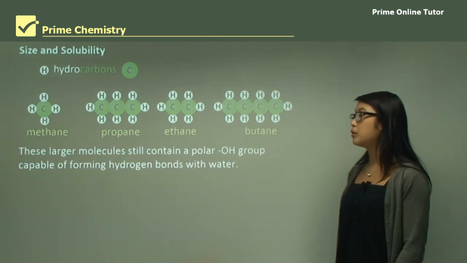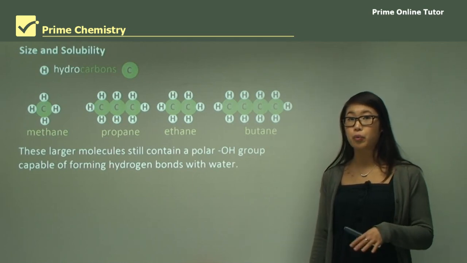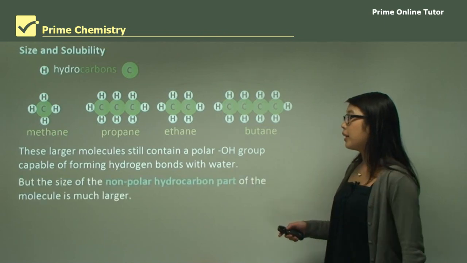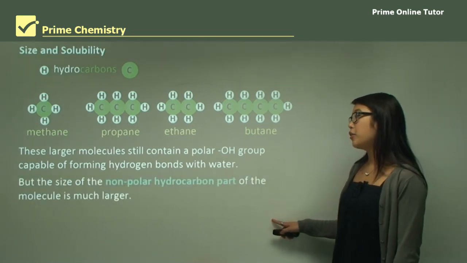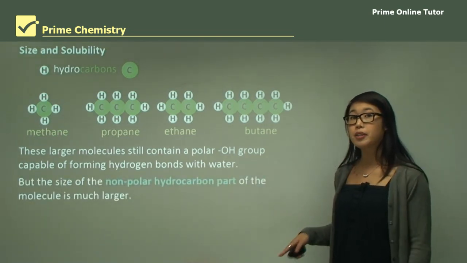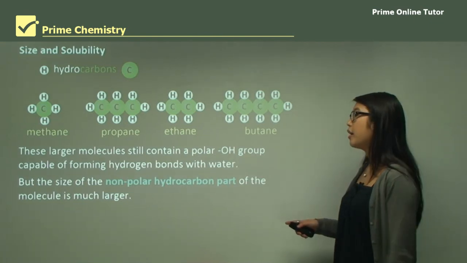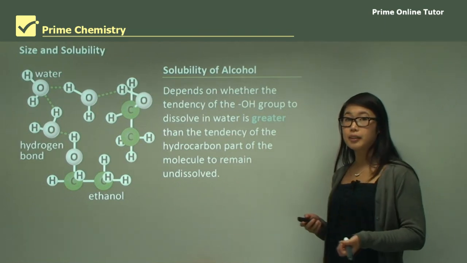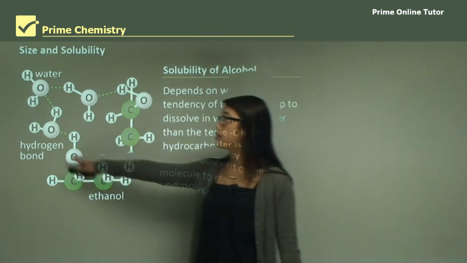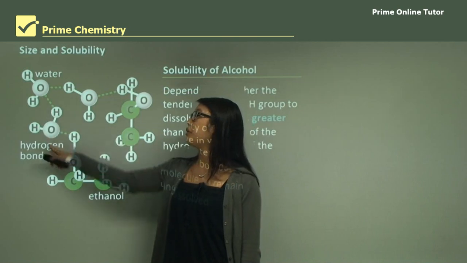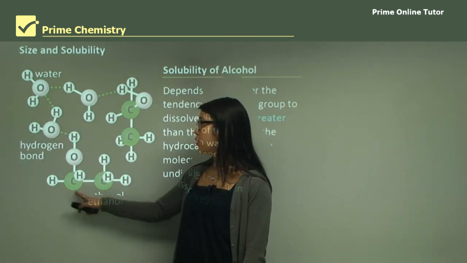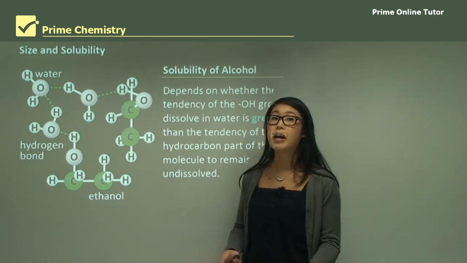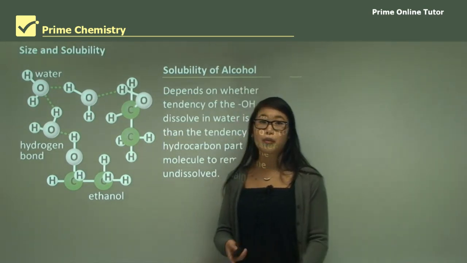These larger molecules still contain the OH group, which can interact with water, so there is hydrogen bonding between the OH group and water molecules. But because of the size, the non-polar hydrocarbon part, the carbon-to-carbon chain, is much larger, and therefore that part can't interact with water molecules such as this one. The water molecule really only interacts with the OH group, and if the chain is too long, then there are too many dispersion forces that need to be overcome,